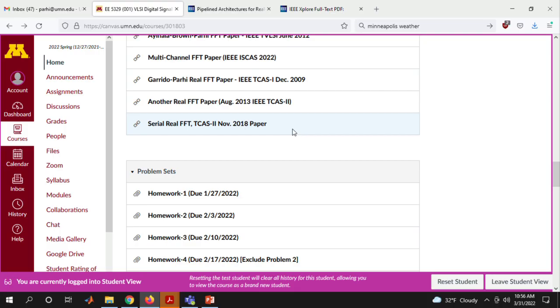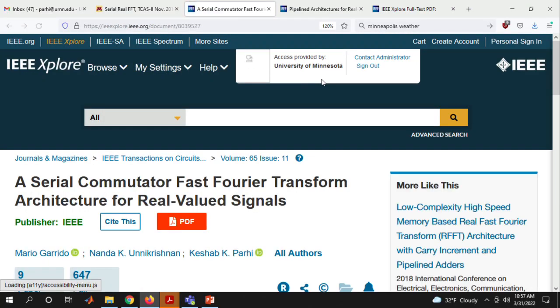So I started with a complex butterfly in the complex case, then that became a real butterfly in the real FFT case, in the two parallel case. And if I want to process one sample at a time in this so-called serial real FFT, then each butterfly stage should have half a butterfly, not even one whole. And the control signals are all quite complex, more complex than what Nanda described for the,